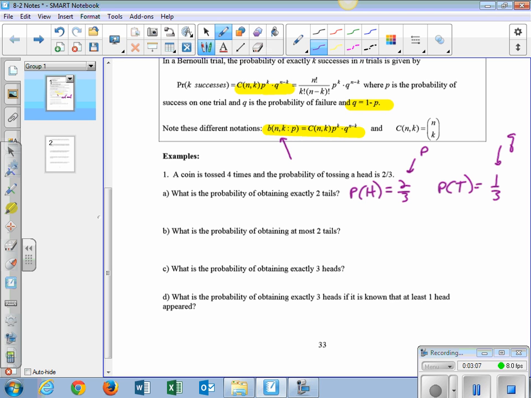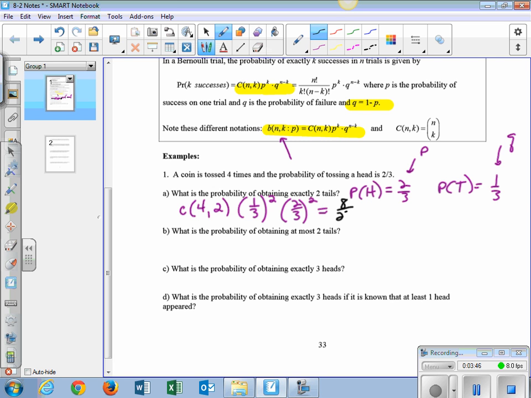But I think about it this way. I'm flipping the coin 4 times, so in front I'm going to have my combination of 4. Twice I want to get tails. So what's the probability of getting tails? Well, that is 1/3, and I want that to happen twice, so I'm going to raise that to the second power. And then what's the probability of not getting tails? Well, that's going to be 2/3, raised to the second power, because I have to have a total of 4 tosses, so my exponents should add up to 4. I can multiply that all out and get a final answer of